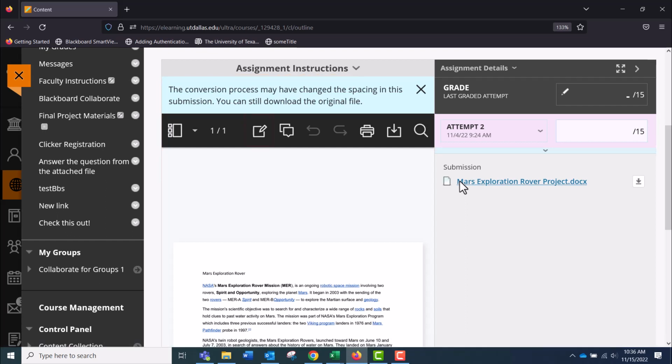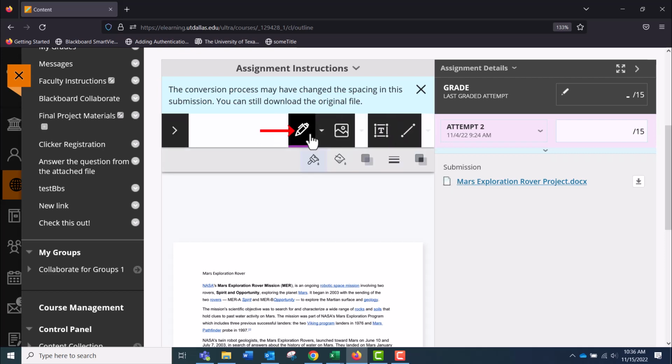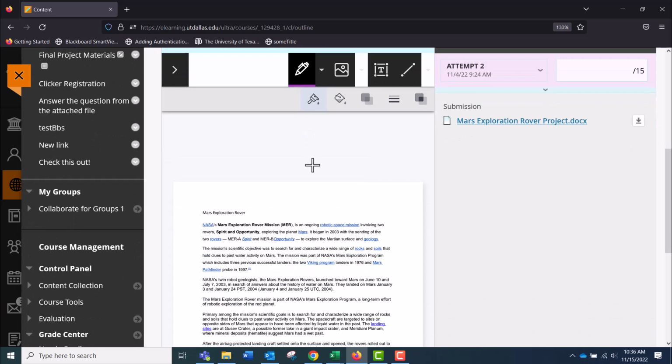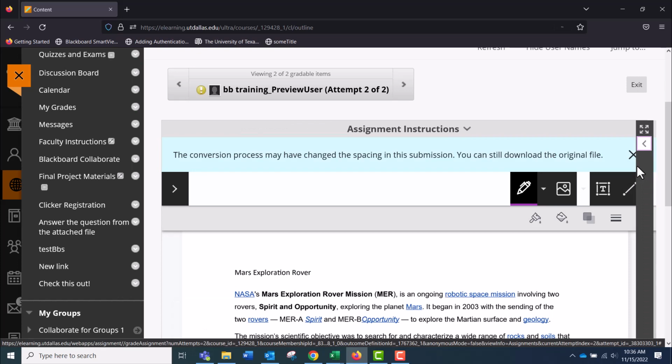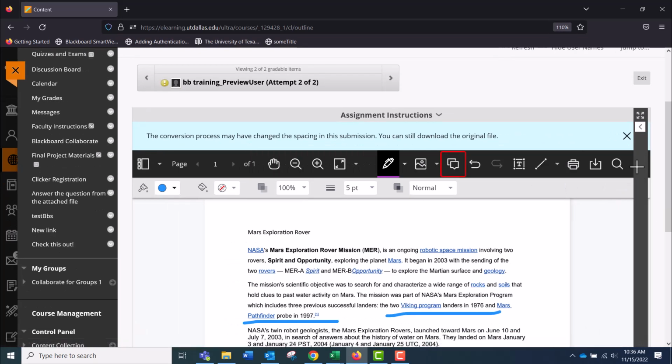You can annotate on the assignment. If you need more space, then you can select the Maximize Restore View command, or select Hide Grading Panel. Now you can add a comment.